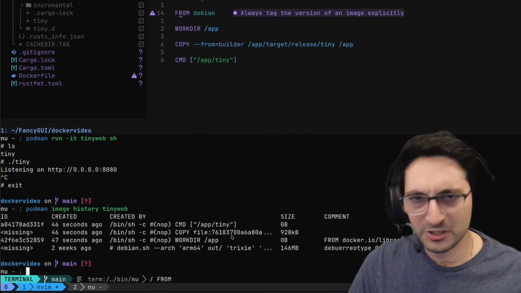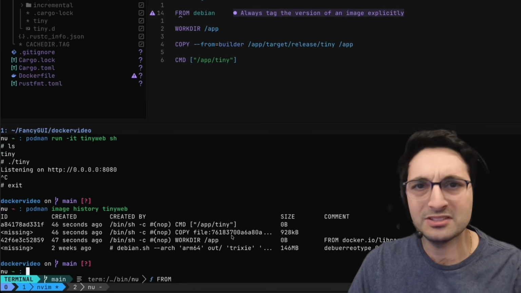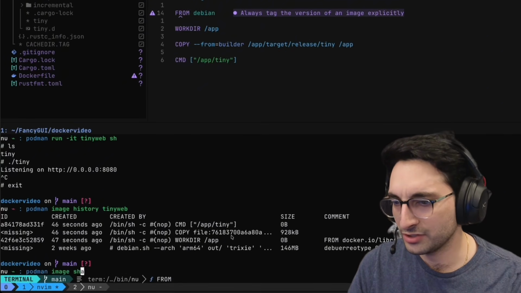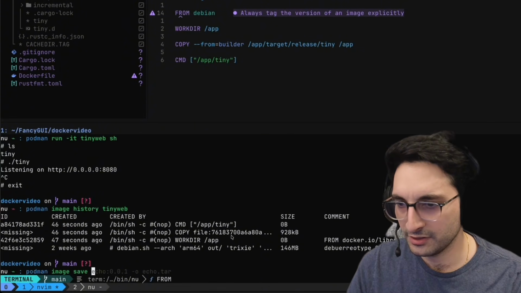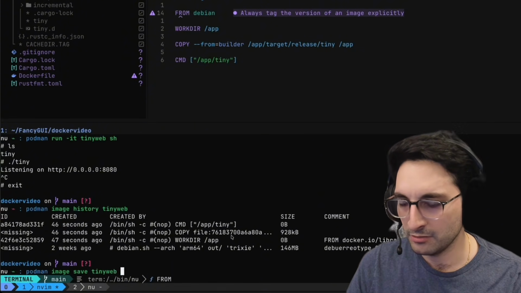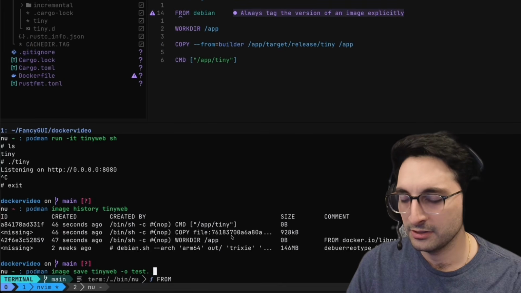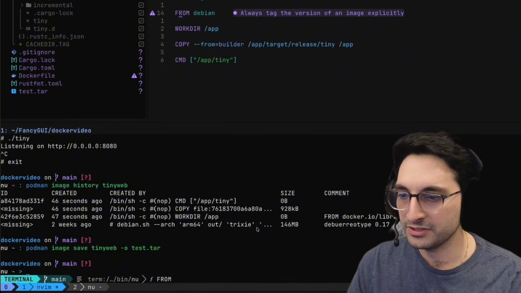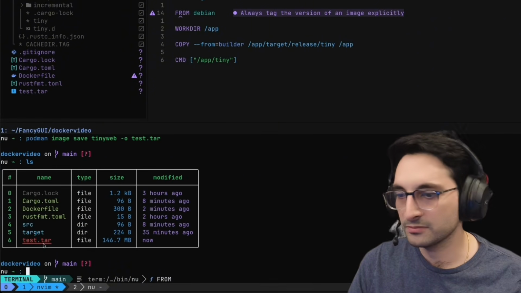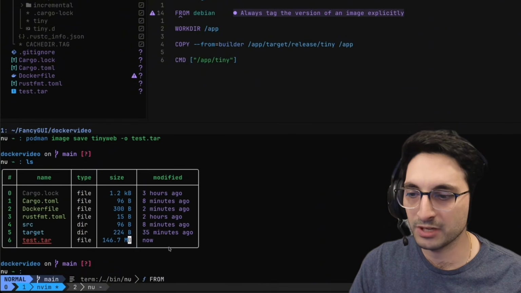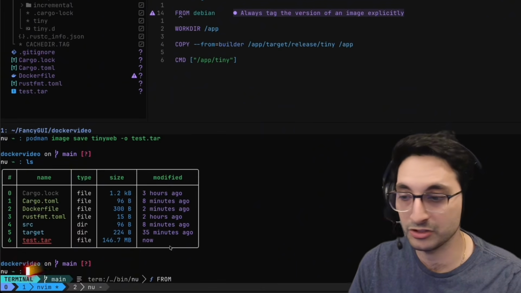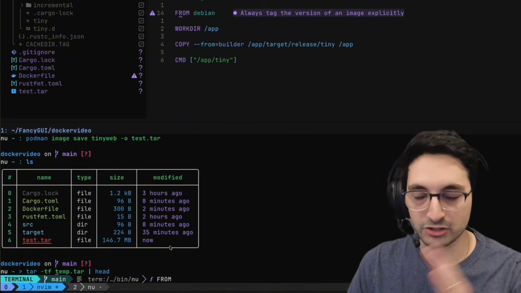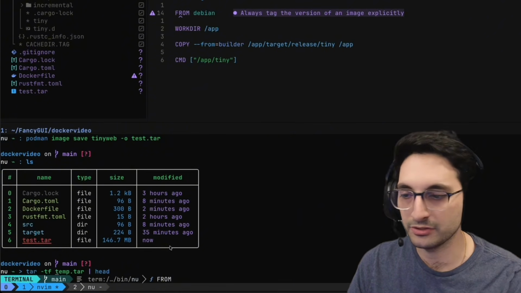But, all right, Guy, you've been talking forever now, but what is this image really? So let's try to save that image. Podman image save. Let's save this tiny web image into a test.tar file. Yep, so we write that test.tar file. If we see that here now, it's the test.tar file of 146 megabytes, so it's just as big as that image essentially. But if we do tar -tf, it's going to show us the files inside of that